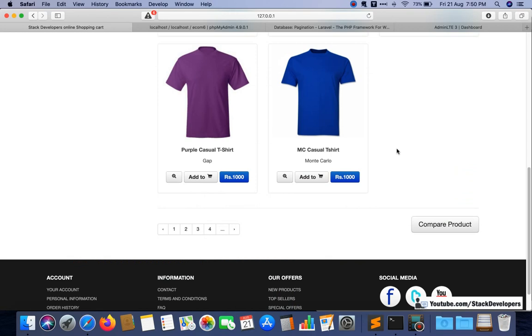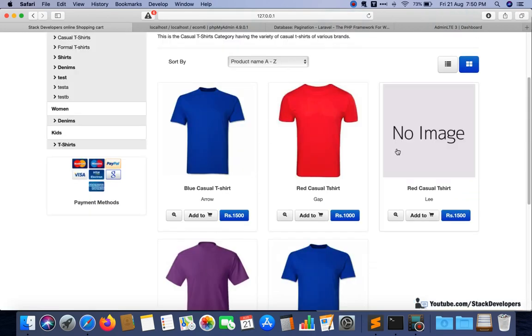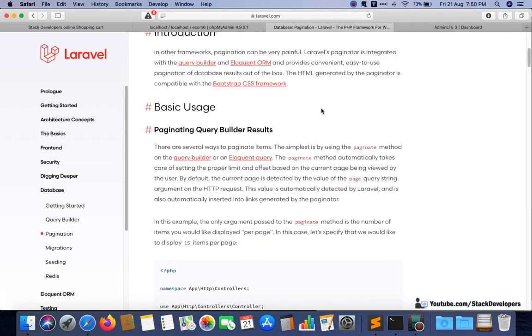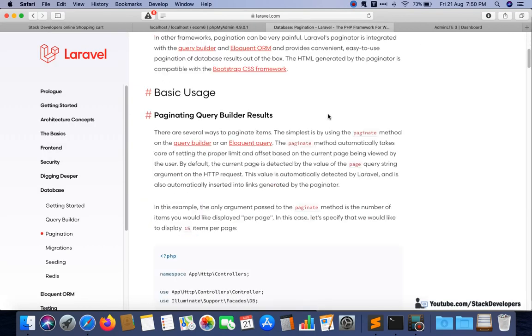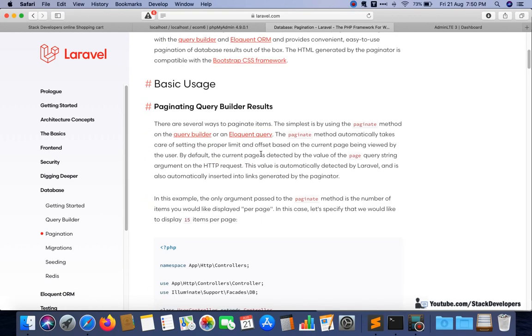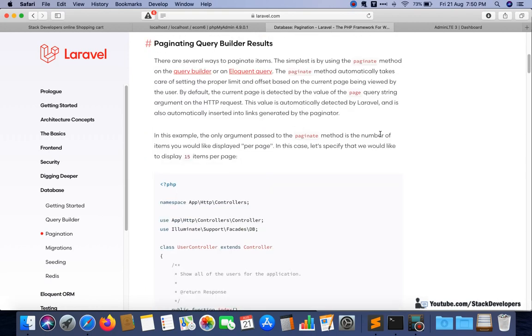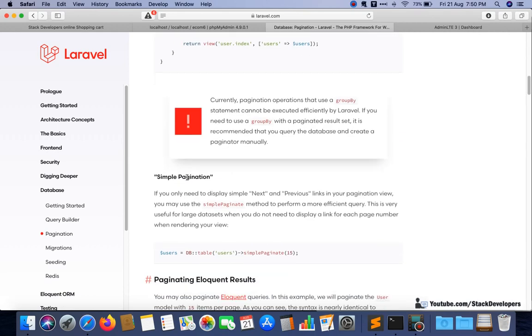Okay, so for that there is a paginate method and a simple paginate method. First of all, we are going to apply the simple paginate method. You can read this doc and get to know the simple paginate method as well as the paginate method. Simple pagination will only do next and previous links.